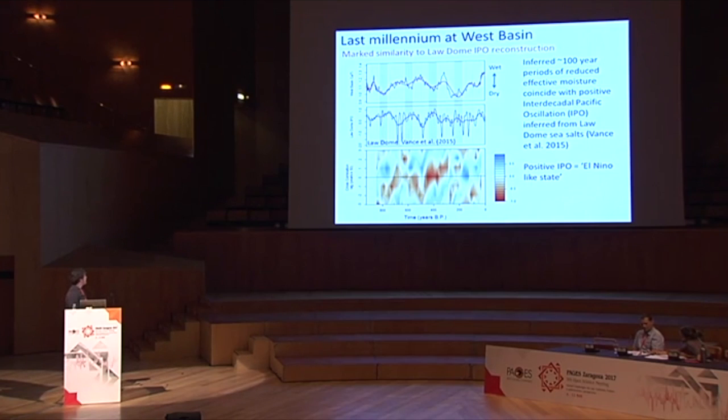such that when we have positive IPO, we tend to see drier conditions in Victoria. And that's in line with the idea that these positive IPOs are more long-lived El Nino-like conditions. At the bottom here, we've just got the moving window cross-correlation, showing that where we see red, there's general correlation between the two, but allowing some flexibility for the uncertain timescale, uncertain chronology for West